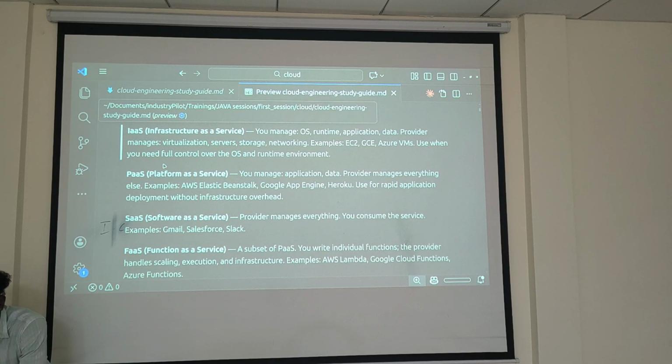Okay. Next one is platform as a service. So what is meant by platform as a service? It gives the platform to perform our work. How does it differ from the infra?